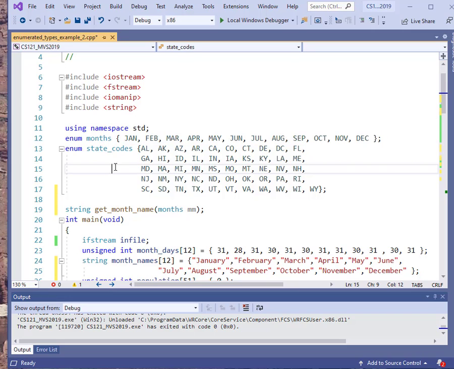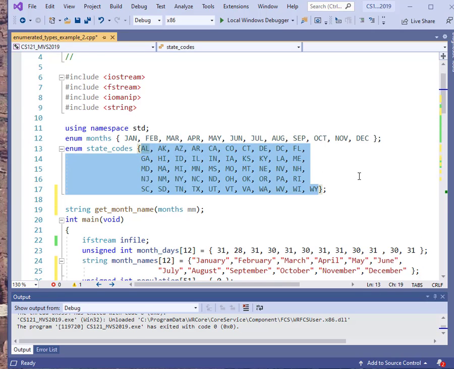And here's a big one. Okay, we have state codes. So there are 51 state codes because we do have the District of Columbia showing up in here. These are your typical mail codes that you see all the time, and I've just put those all together. So we have actually 51 of those as our type. So anything that we make a type state codes can be any of these 51 abbreviations for the